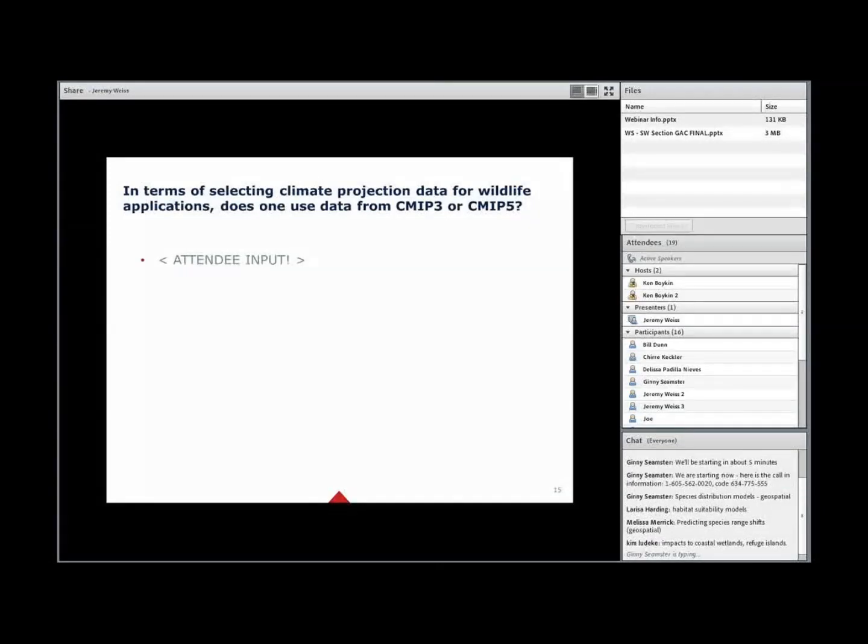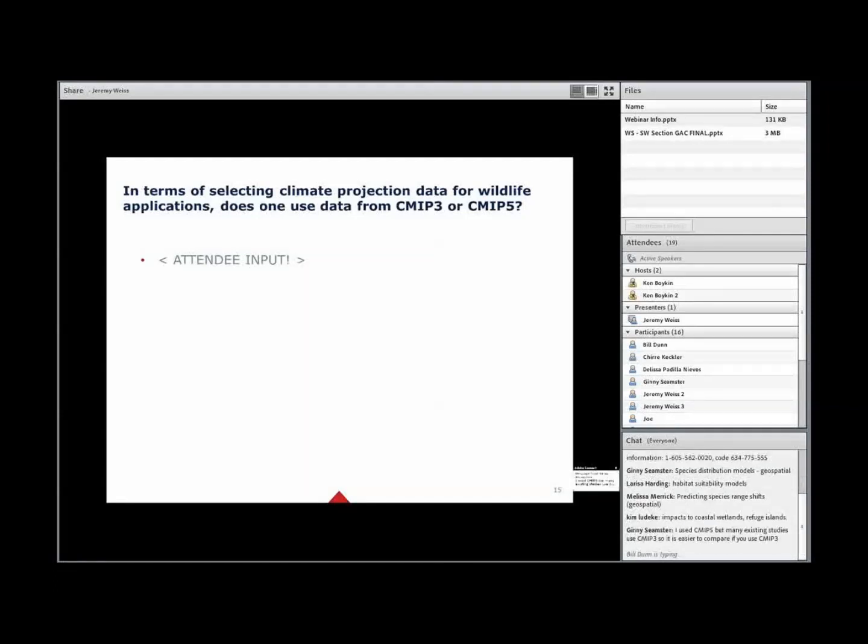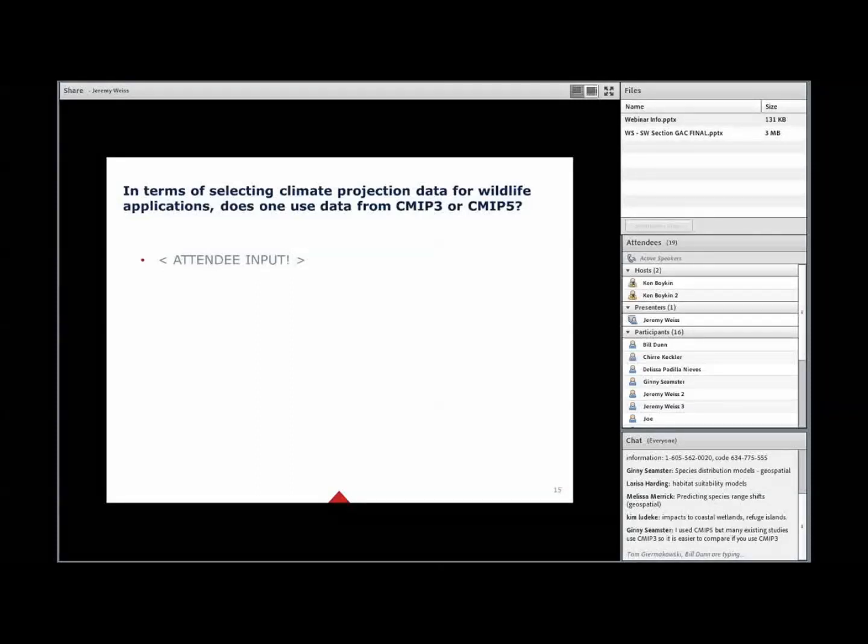Okay, a few more people are still typing. We'll let a couple more of those lines come in, and then we'll start to discuss them. Okay. CMIP-5, due to the higher resolution, and I agree, higher resolution does allow us to get some of those extra details, especially in the dynamic models, which is good.